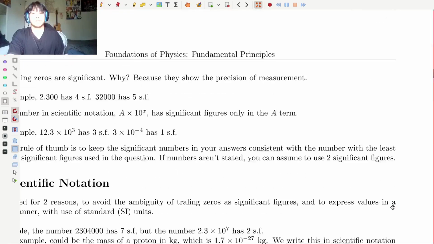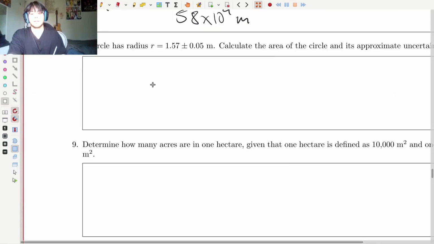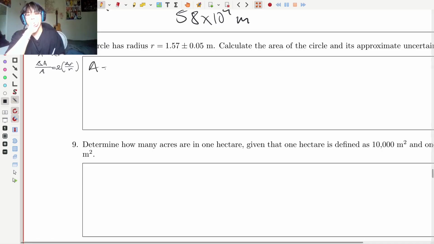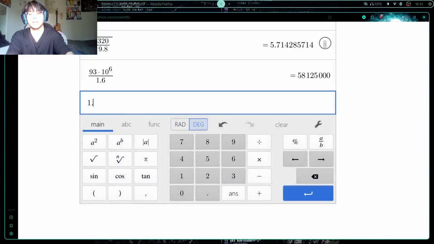Put that over here so we have some space. Okay. So first we'll calculate the area without the uncertainties. So A will be equal to pi times 1.57 squared. So just chuck that in a calculator. 1.57 squared times pi, which is 7.74